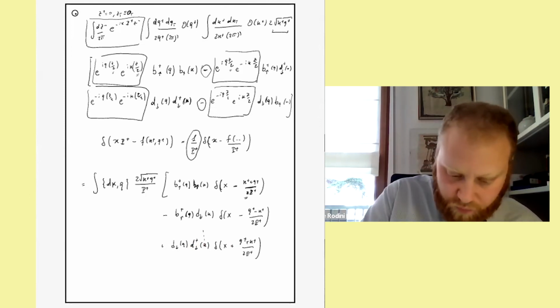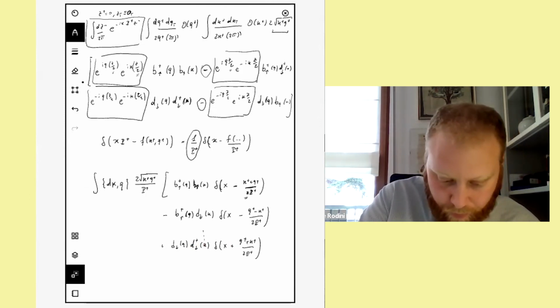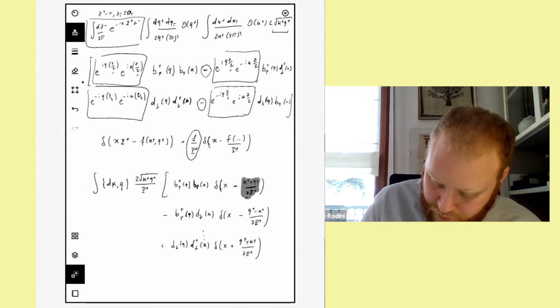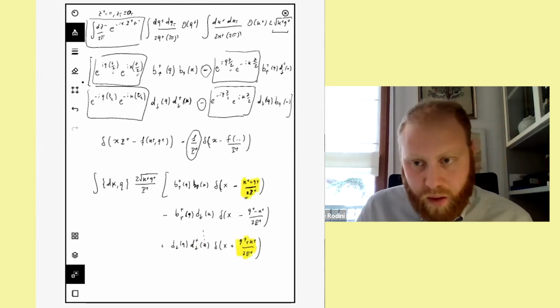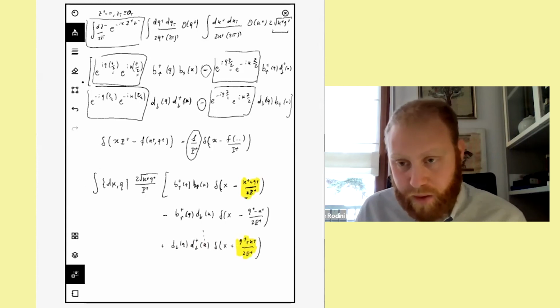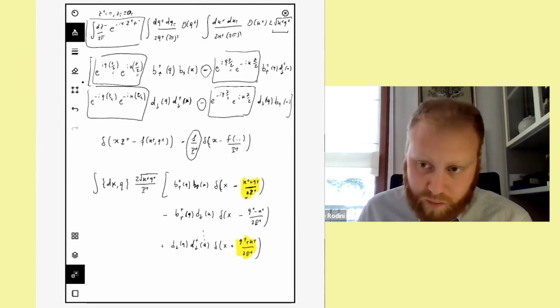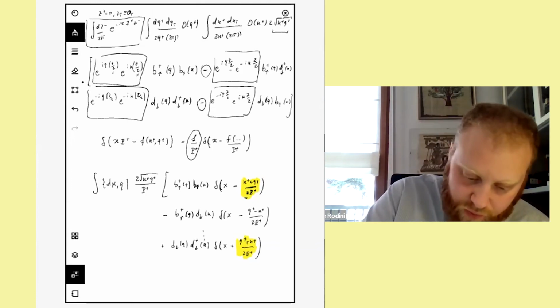I wrote this just because you can appreciate that these two combinations are the same and they are positive. Correct? The Lorentz invariant measure tells you that k plus and q plus are positive, and capital P plus is positive. So in the first line, you get